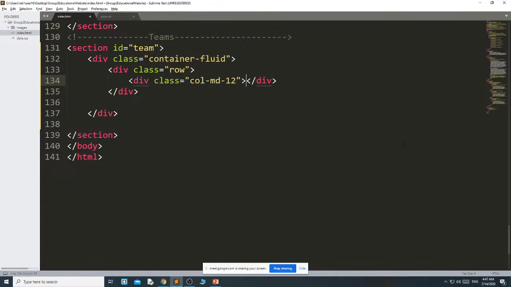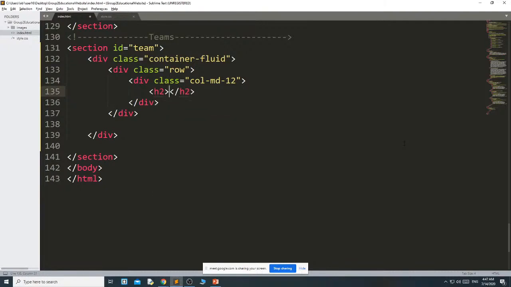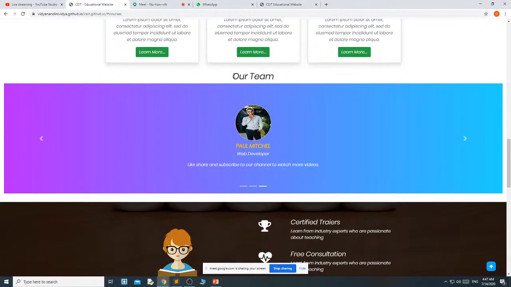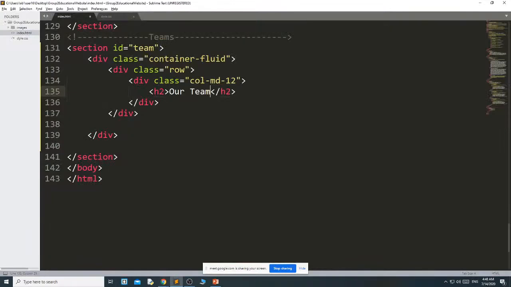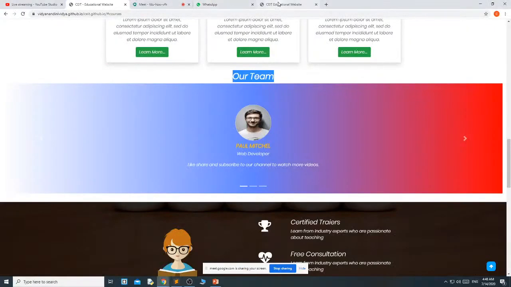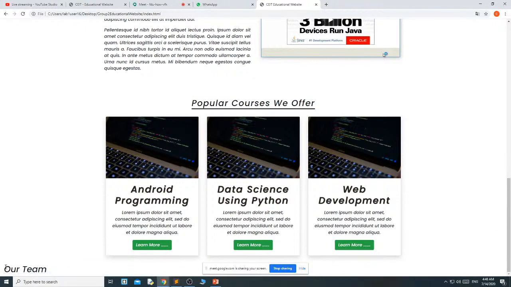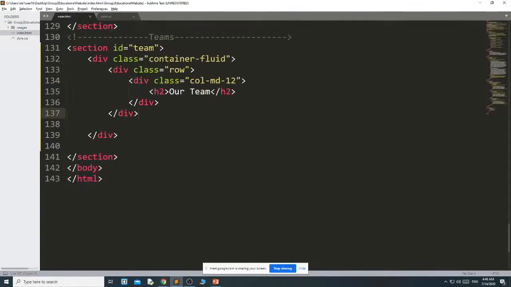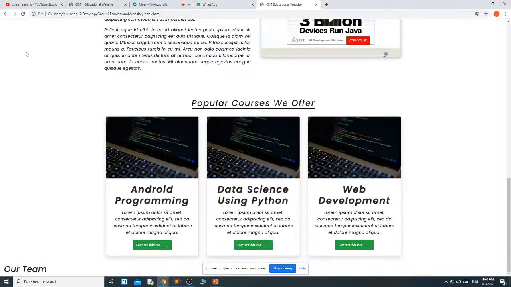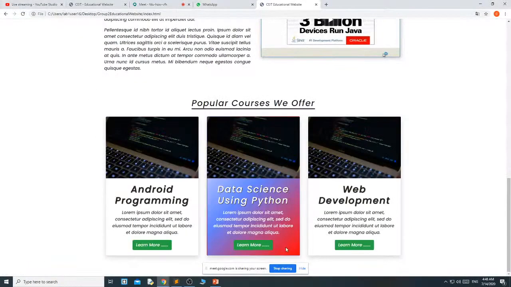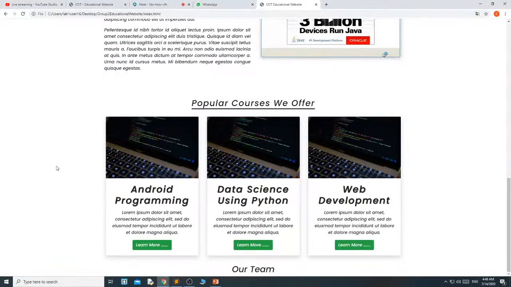Okay. First here H2, this one, our team. But this H2 will come like here. We get the H2, but here I need it in center. Then here H2 class text-center. Okay. Now it is in center.